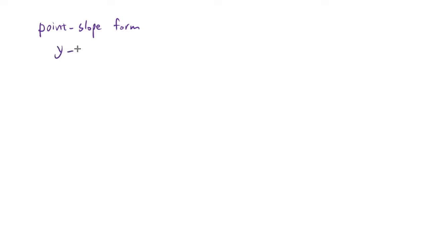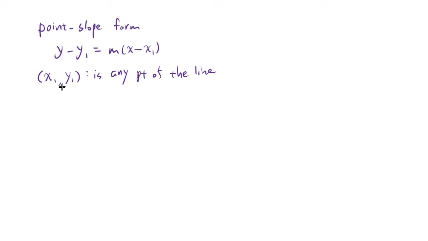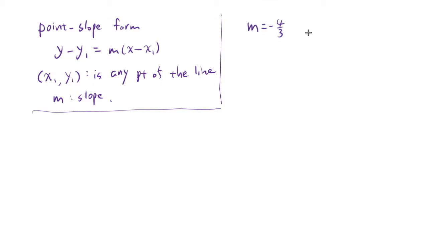And the form is y minus y1 equals m times x minus x1. You need to know what x1, y1, and m mean. So x1 comma y1 is any point of the line. If you know any point of the line, you can use that for x1, y1. And m is the slope. Now in our case, let's just say we know that m is negative 4/3 already,